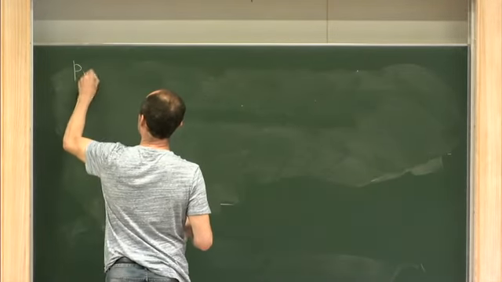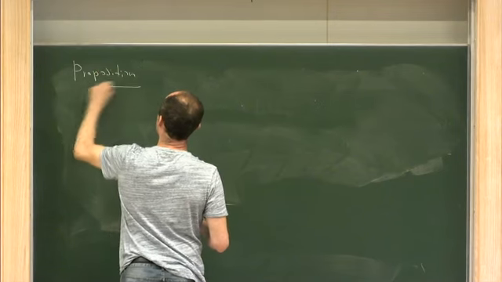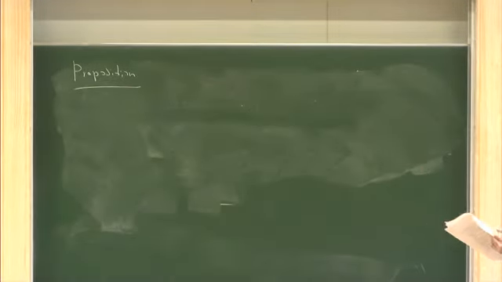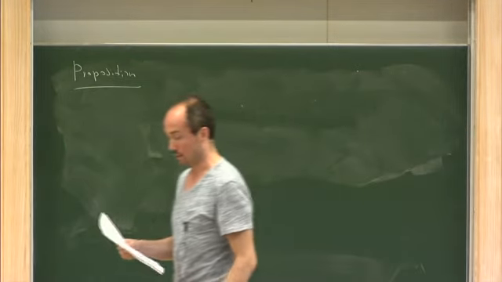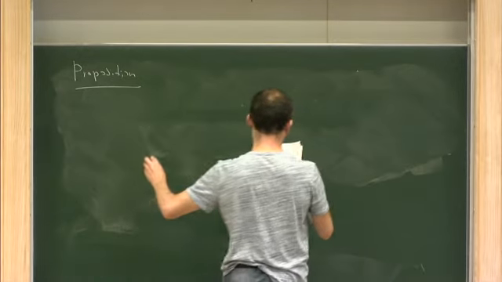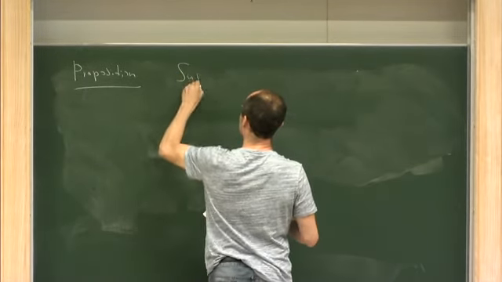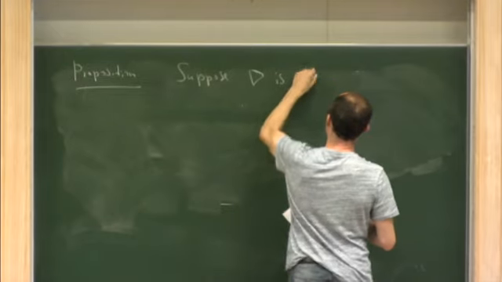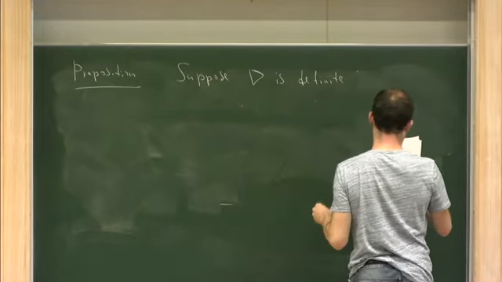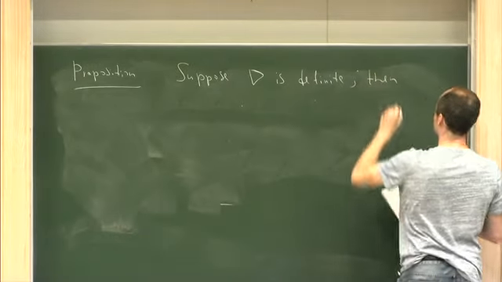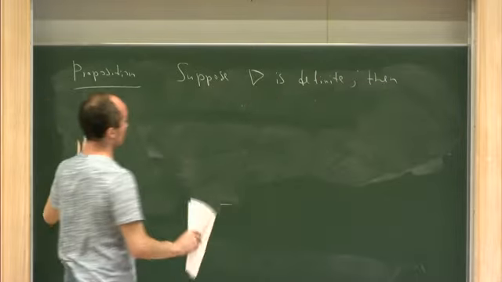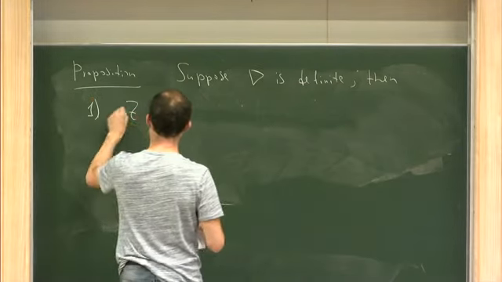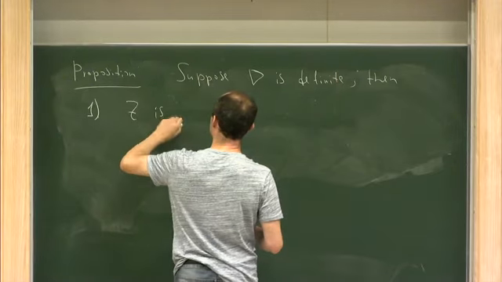Proposition. I will first state it, and then I will explain one notation in this proposition. Suppose the connection nabla is definite. Then we basically have two possibilities: either Z is diffeomorphic